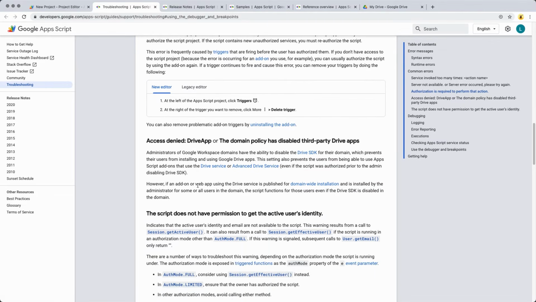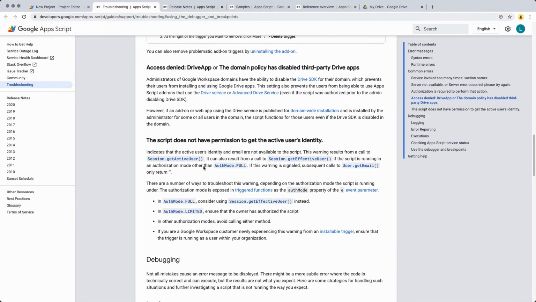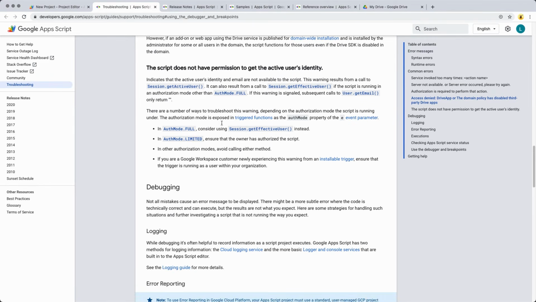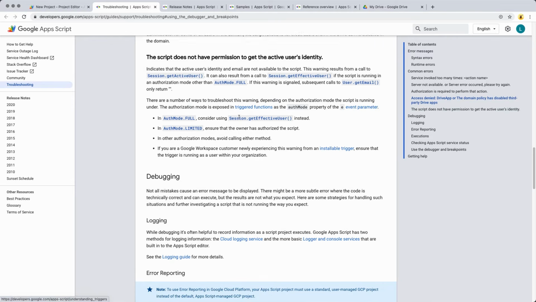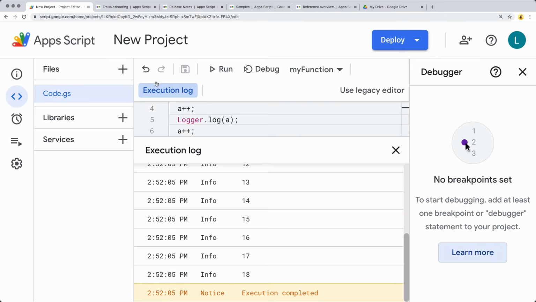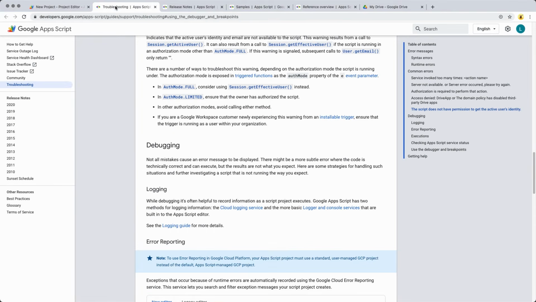There's also the access denied. So this is again a permissions thing. In some cases you might not have permissions, and as you can see, there are a number of ways that permissions will throw errors within Google Apps Script. And permissions can be anything from permissions changing on a document that you're trying to access to permissions changing